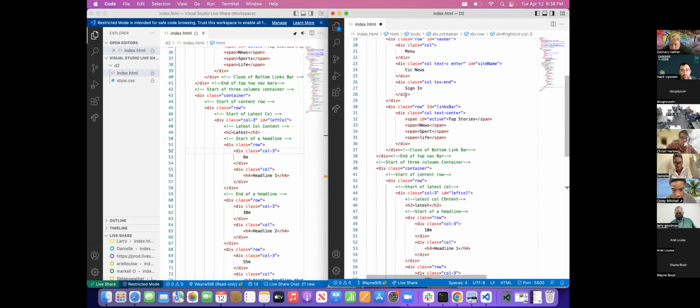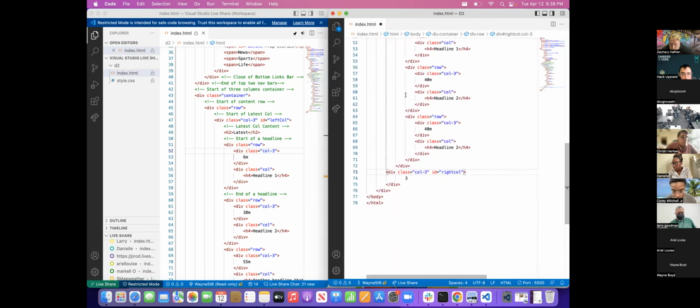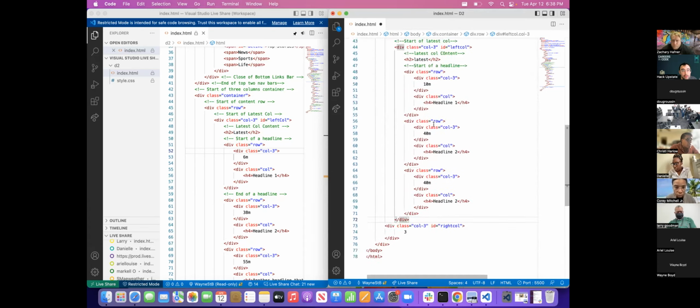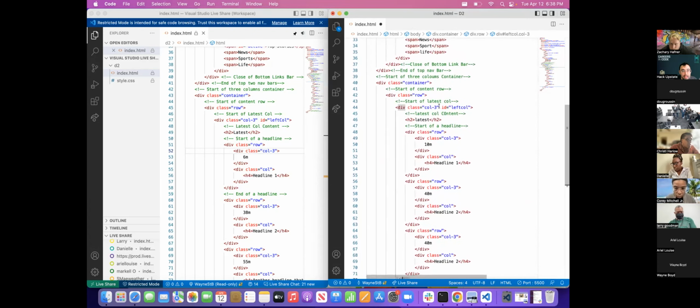So, okay, but we've got a problem though. Scroll down. We've got a closing div and an opening div. Those should always be on the same indentation levels. So you're either missing some closing div, or you've got something else going on. My guess is that you're missing a closing div, because you're closing out your col 3, but that's for the latest column. Right. So I need one more for this,